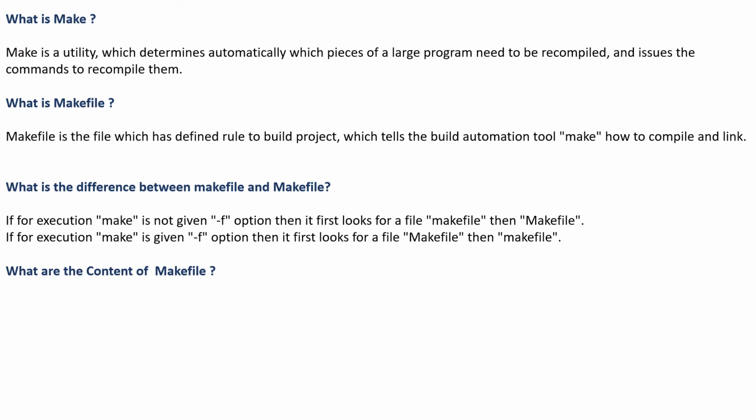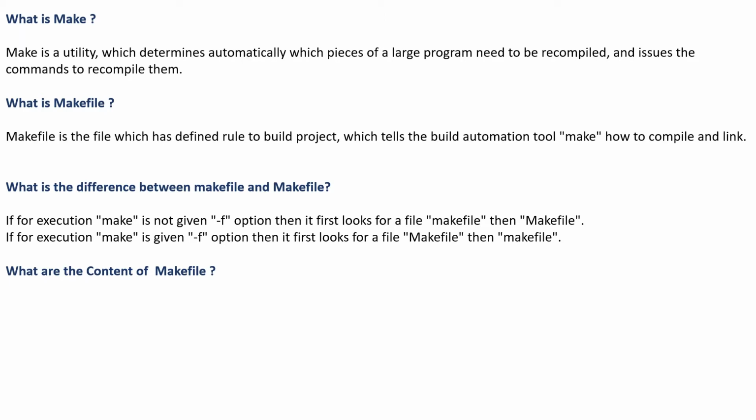If Make is not given the -f option for execution, it first looks for a file named makefile, starting with a small m, and then it looks for the capital M. If you specify -f, it looks first for the capital M and then makefile. This is just basic information about the Makefile -f flag.